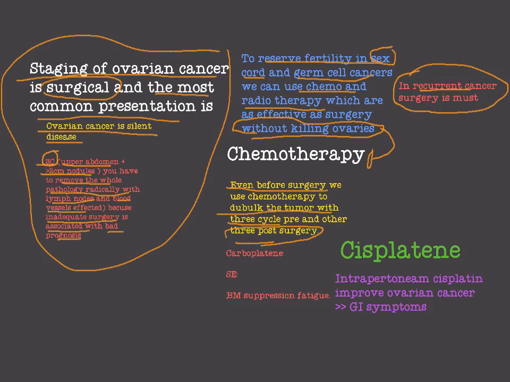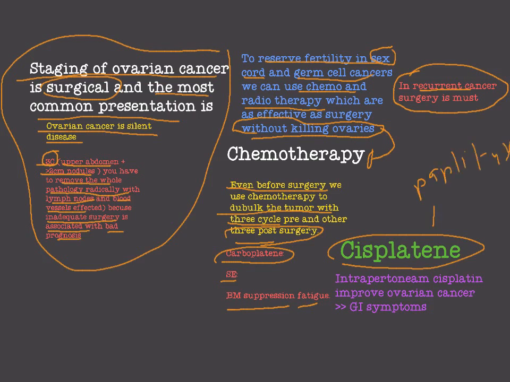What chemotherapy drugs are given? Carboplatin is one choice, with side effects of bone marrow suppression and fatigue. Cisplatin is also a choice, with the side effects of nephrotoxicity, ototoxicity, and neurotoxicity. Cisplatin is toxic to the renal, neural, and auditory systems, okay. And the last and the most commonly used is paclitaxel,